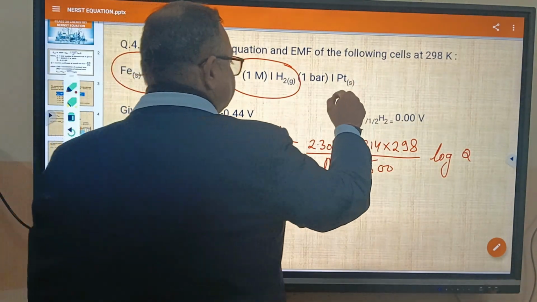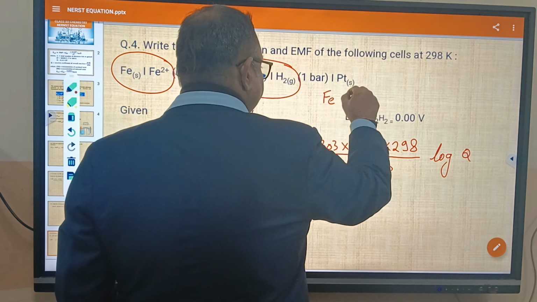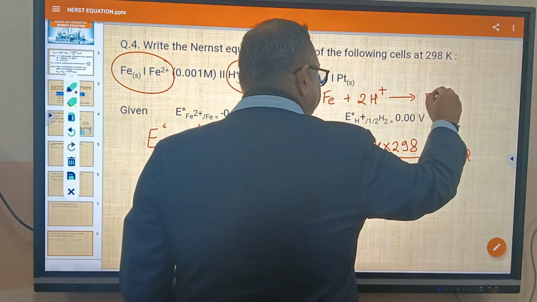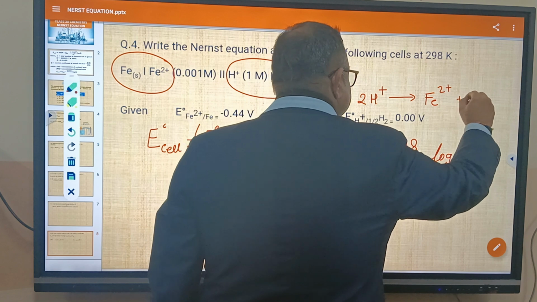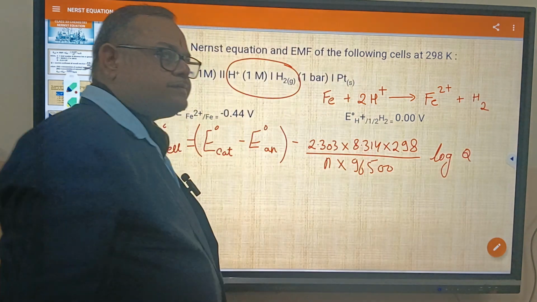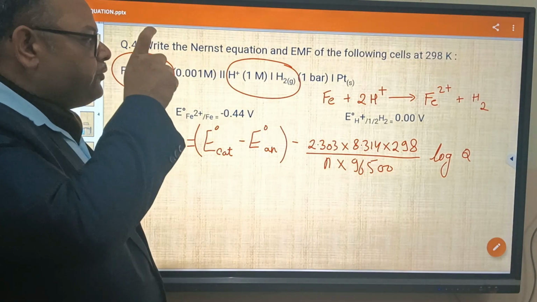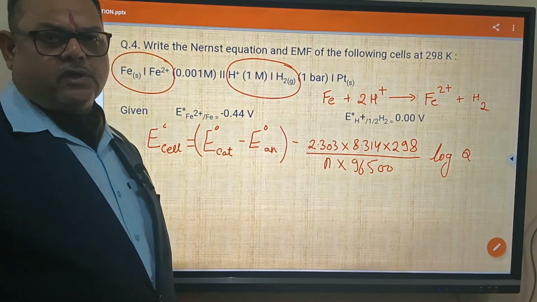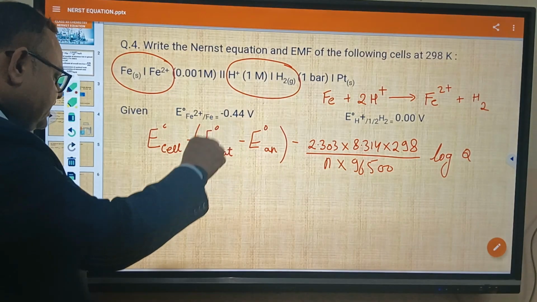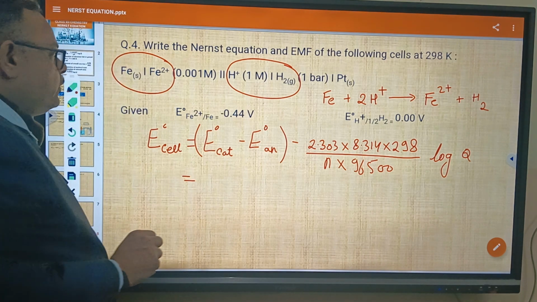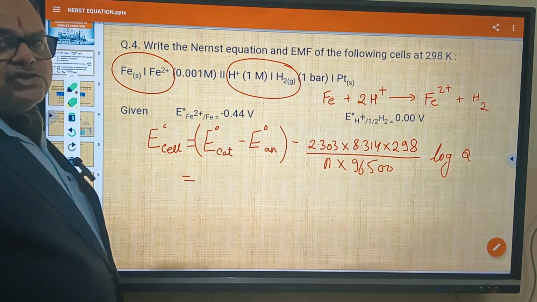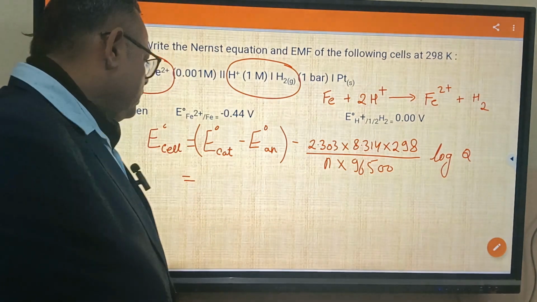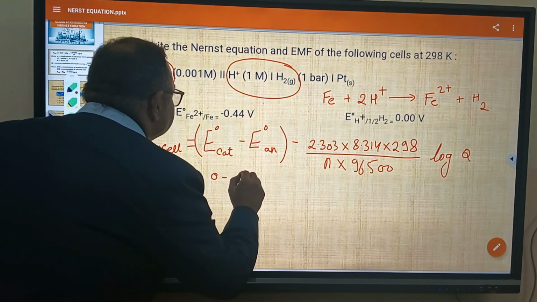So we will be writing this equation as Fe plus 2H+ gives Fe2+ plus H2. Now we see hydrogen has a stoichiometric coefficient of 2, which makes the number of electrons involved as 2 only. In the next step, we will be writing that E cell is equal to. Now E cathode is hydrogen, and children, we all know that the reduction potential of hydrogen is taken as 0 volt. So this becomes 0 minus